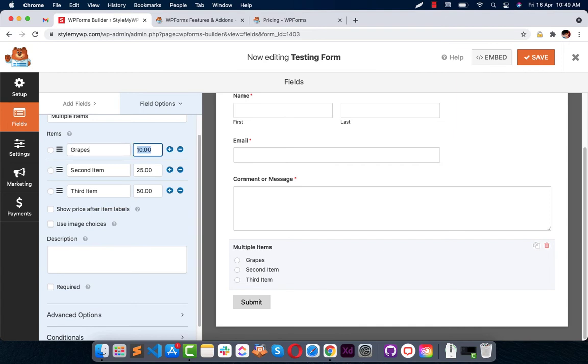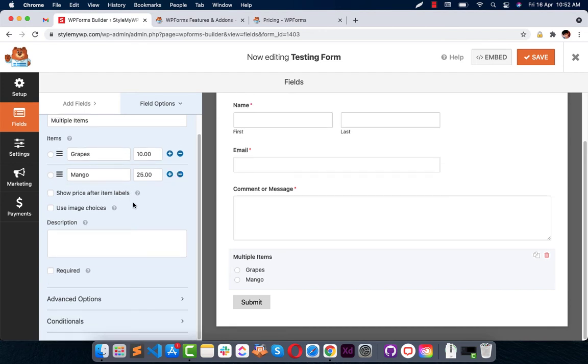second, and its pricing in dollars, $10, and here in this we can keep the mango, and for the third item we can go with any other fruit, or we can simply delete it. Show prices after item labels.